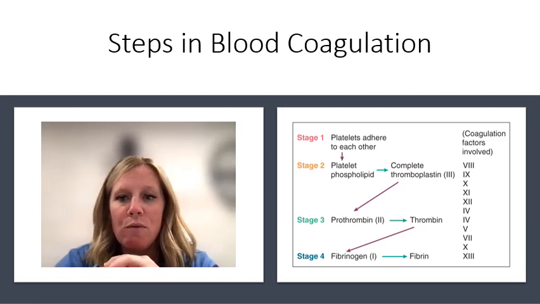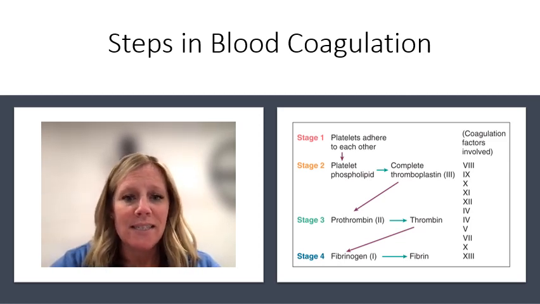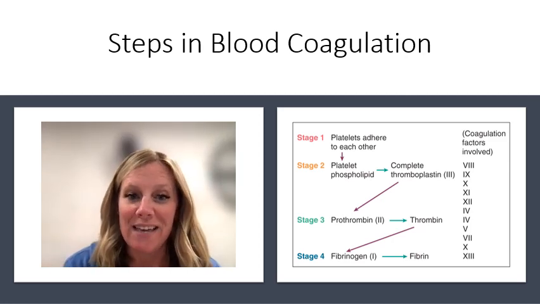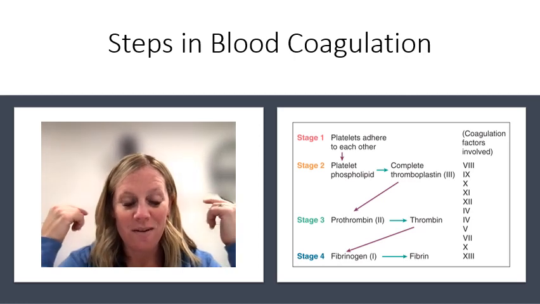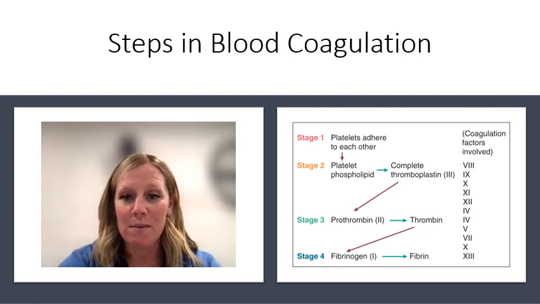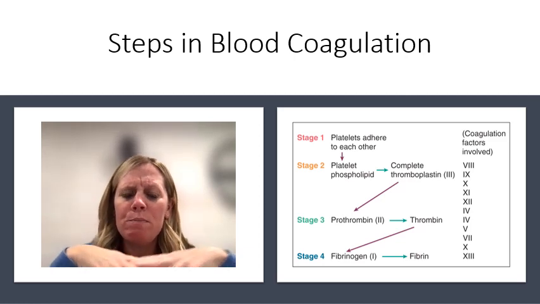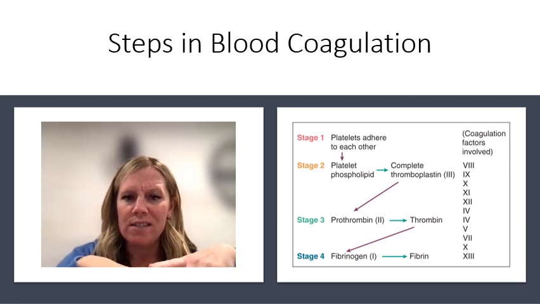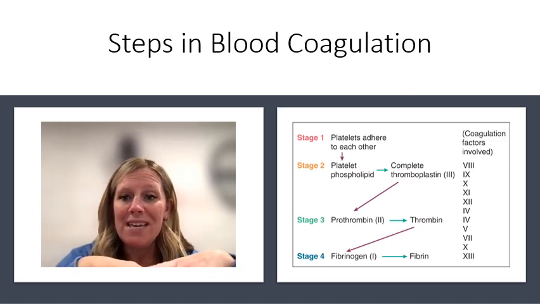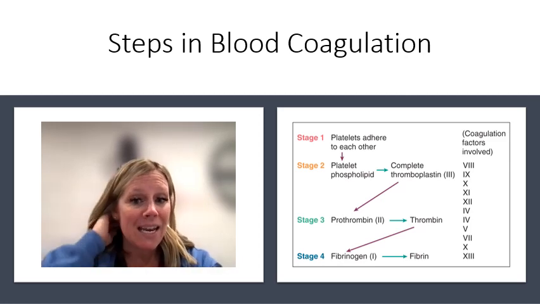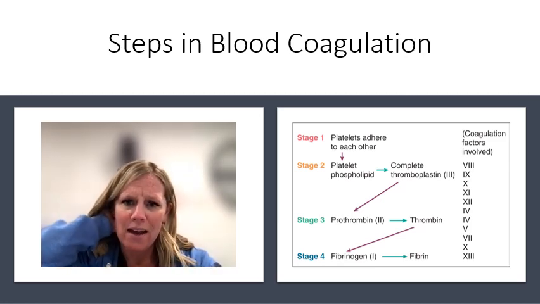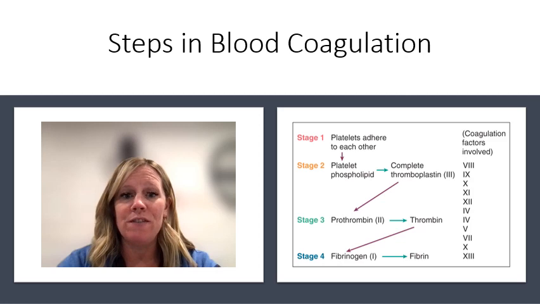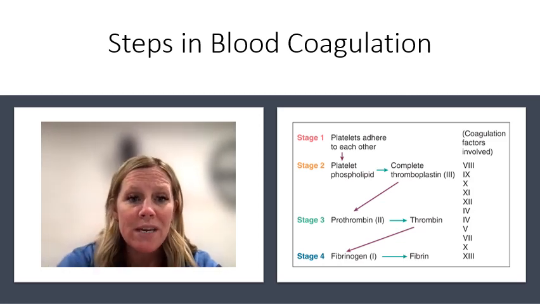The production of prothrombin and factors 7, 9, and 10 all depend on the presence of that wonderful drug, vitamin K, right? This is all starting to make sense now when we think of newborns. When the newborns come out, we give them vitamin K. So the production of prothrombin and factors 7, 9, and 10 all depend on the presence of that vitamin K. This stage will be incomplete. Therefore, if levels of any factors 8 through 12, vitamin K or calcium are deficient, this stage will be incomplete,